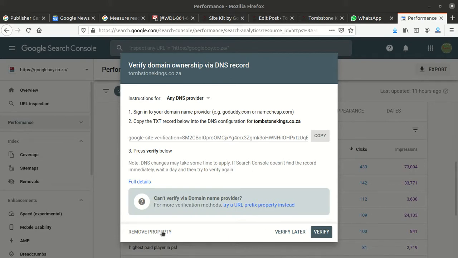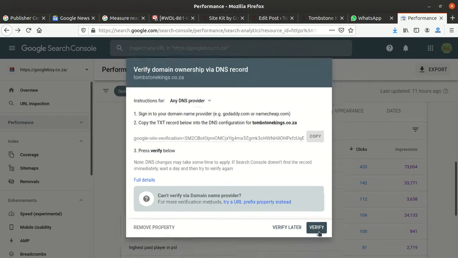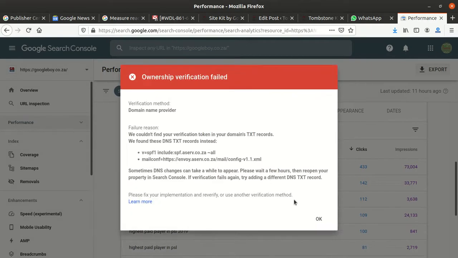When I try to verify, it says no, verification method remain. It says we could not find your verification token in your domain text record. We found the DNS records instead. Okay, some mistakes are made here somewhere, but don't worry about that. It tells you this. So what we're gonna do now,